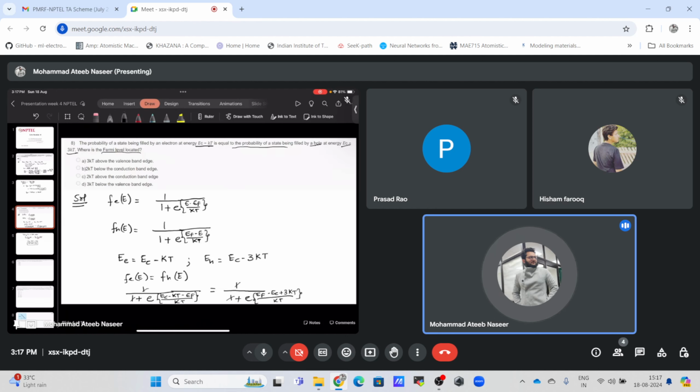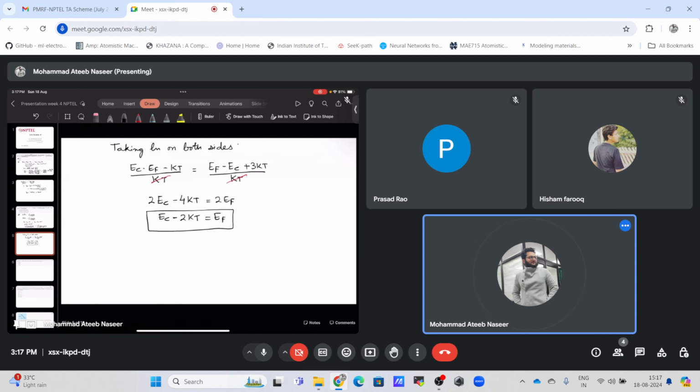So the options are that it is 3 kT above the valence band, which is not true. It is 2 kT below the conduction band. Okay, that's what we have got. So one of the options matched our solution. So this Fermi level is 2 kT below the conduction band. Now